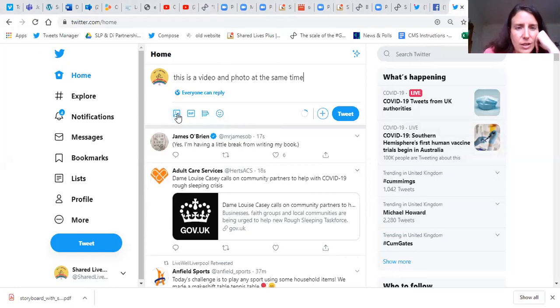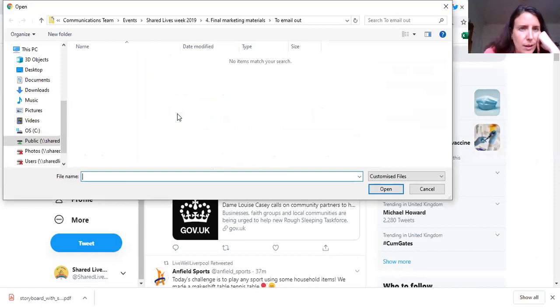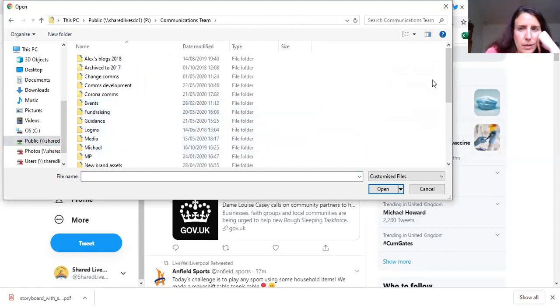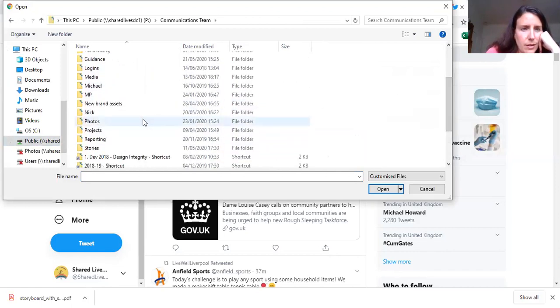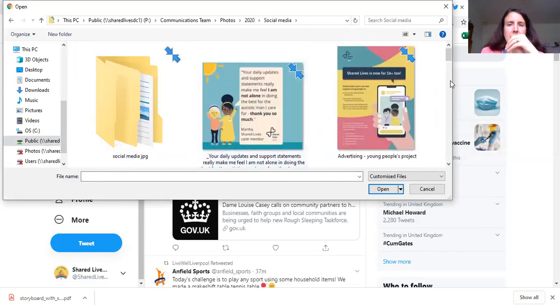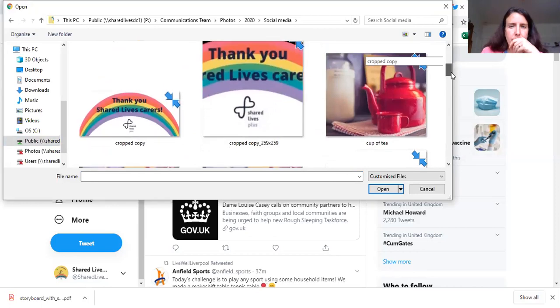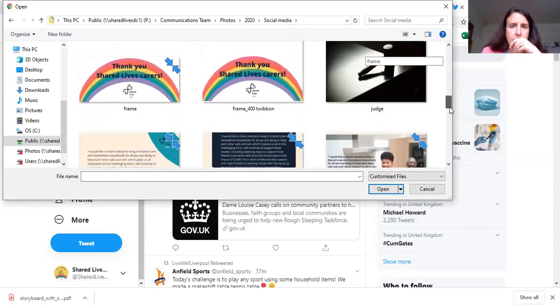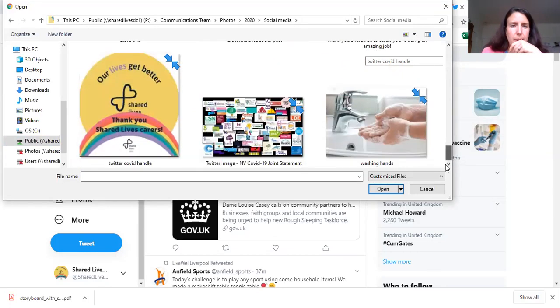So you're on Twitter. You go to the image button here. I'll just get some images up for us, and just trying to find a video as well.